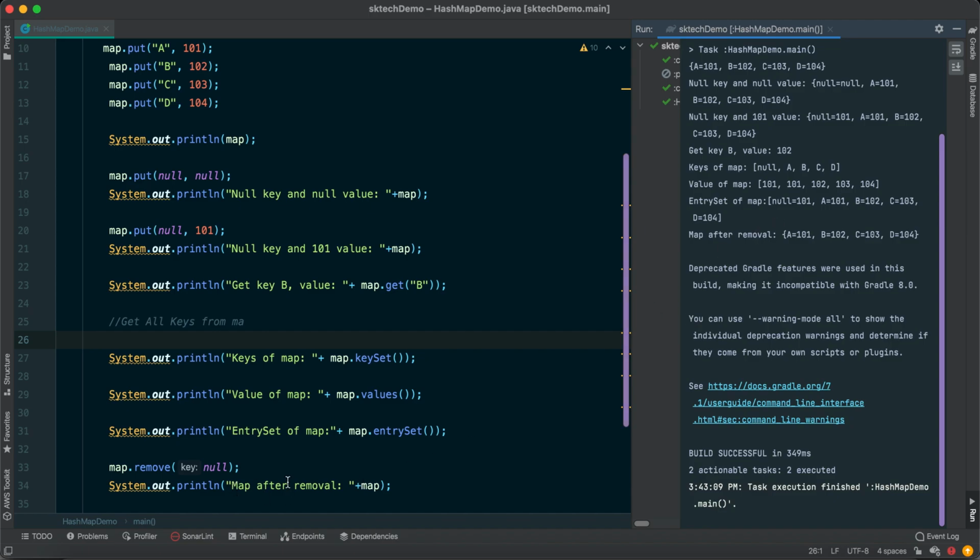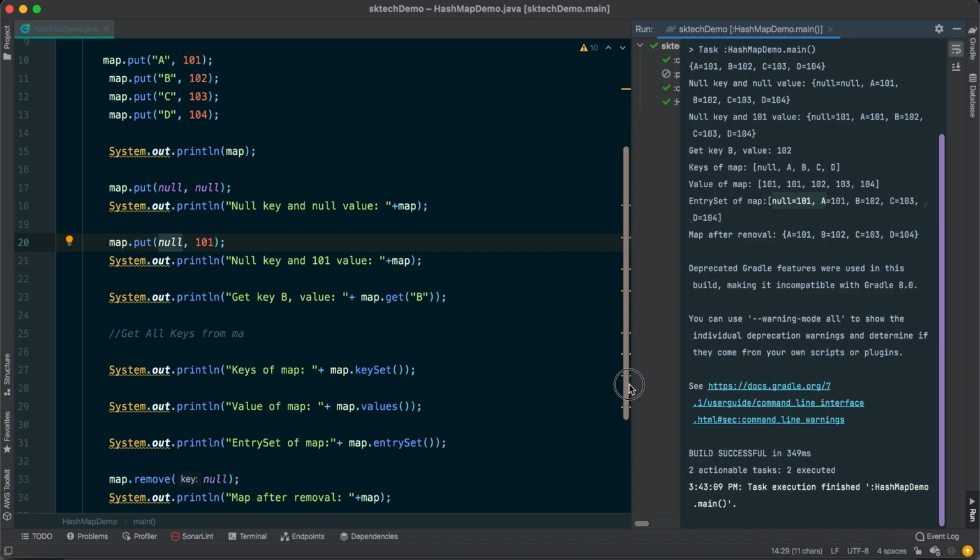Basically this removes the whole pair, because a map contains key and value. We remove based on the key only. The null key we inserted, which we printed earlier, was removed, and its value was removed too. This is one way of removing an element.